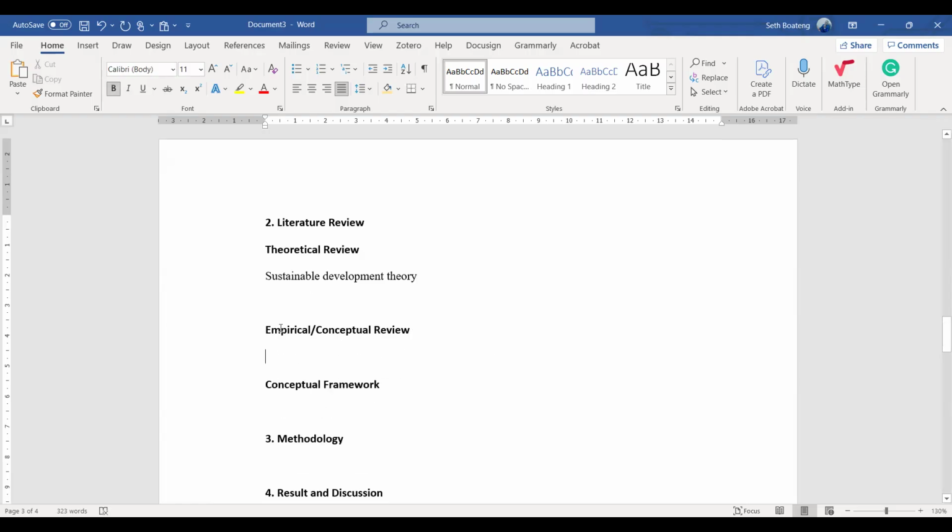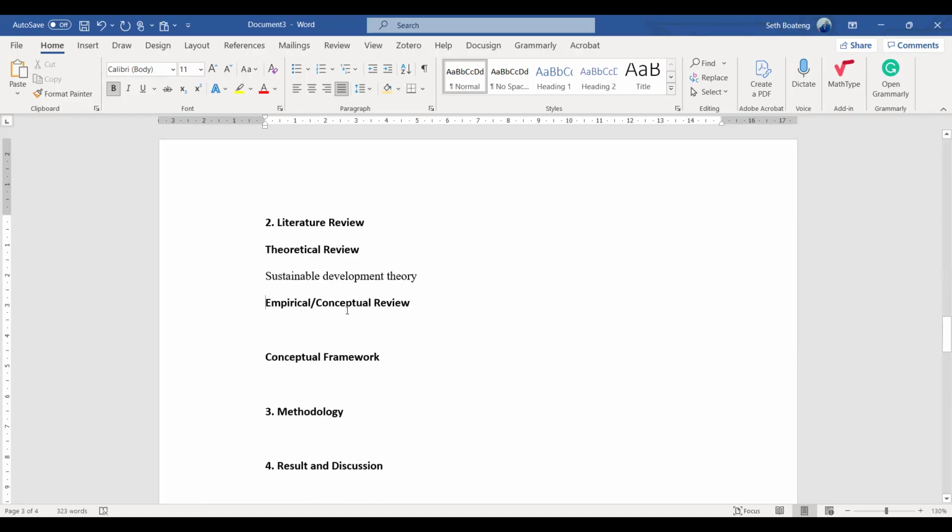So when you come to the empirical concepts, there are so many ways you can present your empirical review or the conceptual review. If you are going by the empirical review, if your dependent variable, this is how we mostly do it. There are so many ways to present your theory, just that it's supposed to make sense. But this is how we normally use it, or the standard procedure.